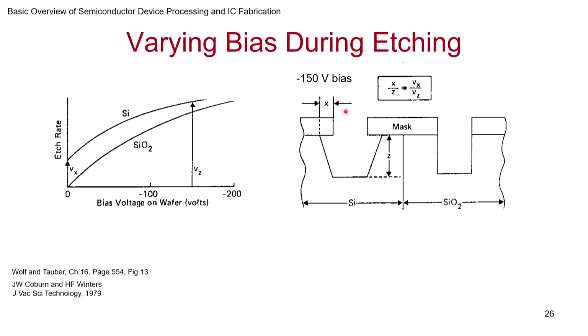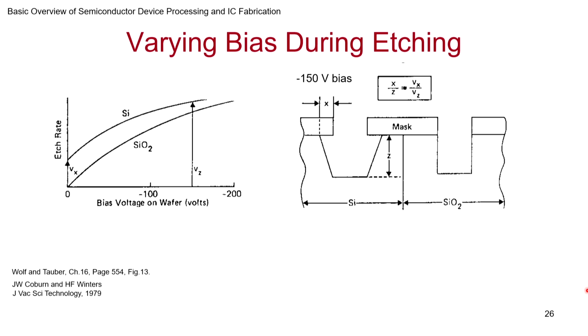So this Vx is the rate of etch in the horizontal direction. Vz, on the other hand, depends on the bias that you are applying. So by changing the bias, you can actually change the shape. There are examples of bottled trench and so on. People have attempted it at various places. Of course that's more sophisticated, and you may need certain other tricks as well.